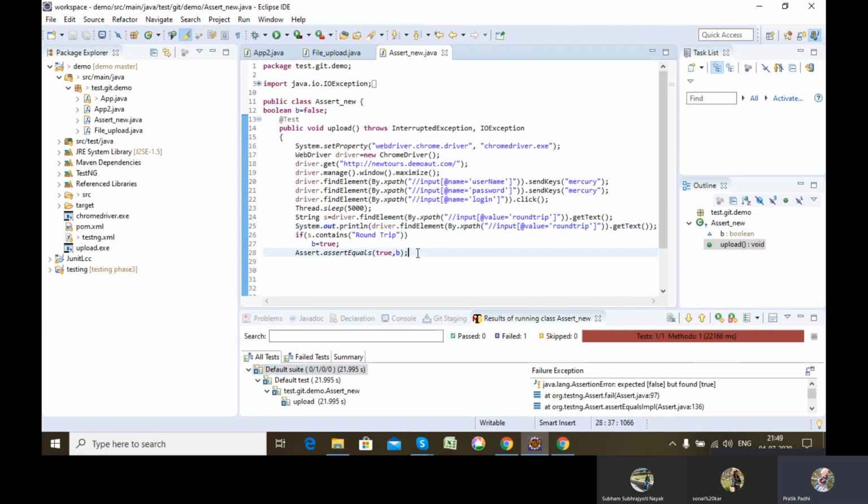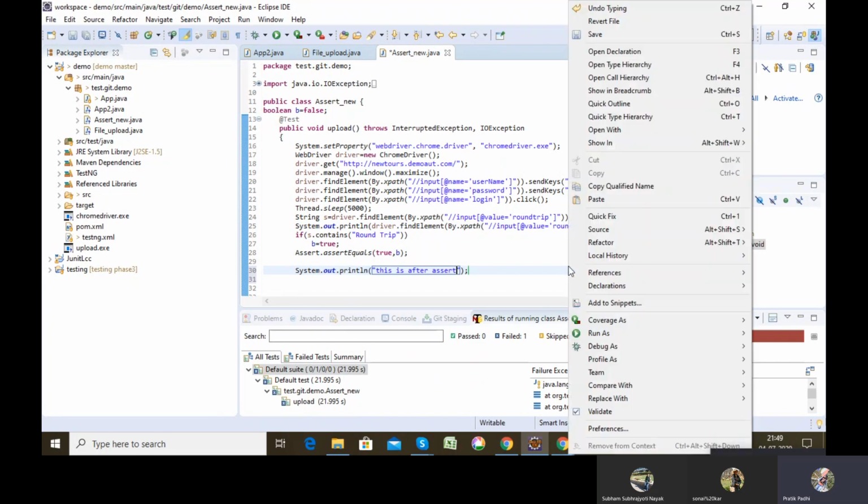Let's say I have a line after here. You will see once the checkpoint fails, the line after the checkpoint doesn't get executed. Once I run it, you will be able to see.